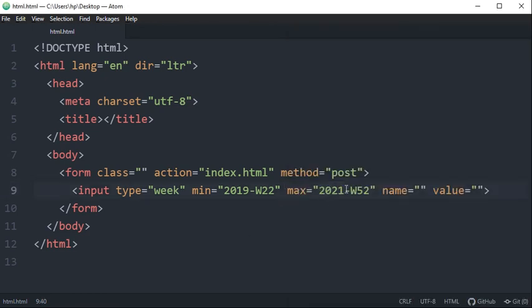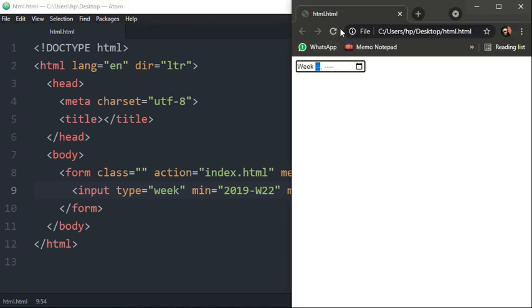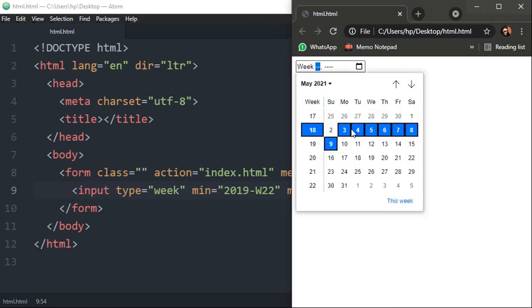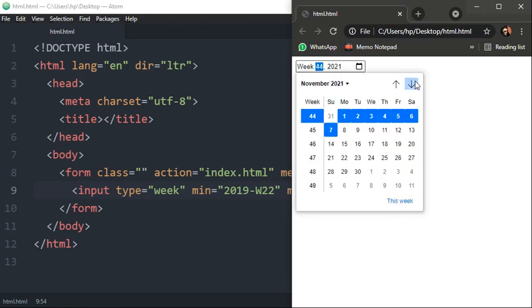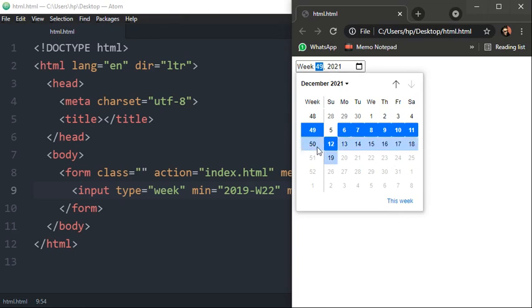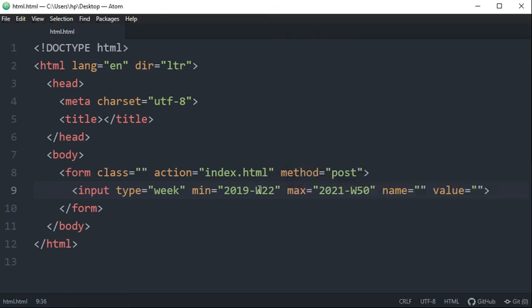You can set it to 50th week, so it will be easier for you to understand. You will see after 50th week user will not get an option to select any week because the maximum range is 50th week of 2021. This is how you can take inputs in form of weeks, and you can define minimum and maximum range.